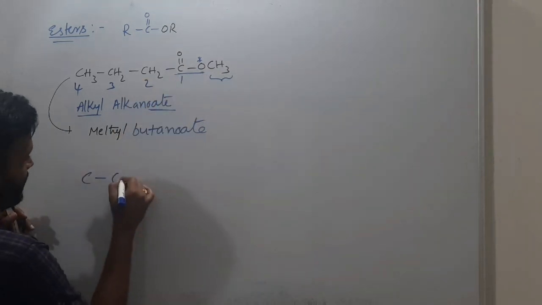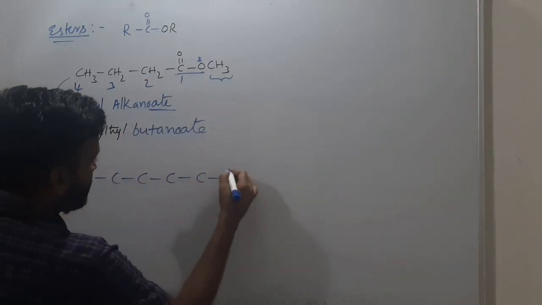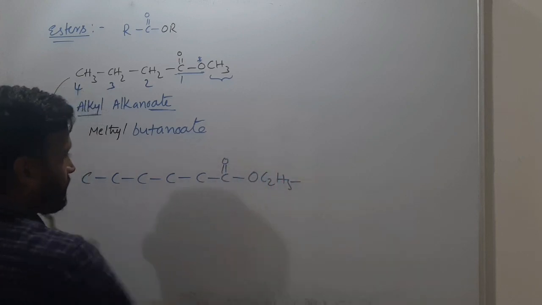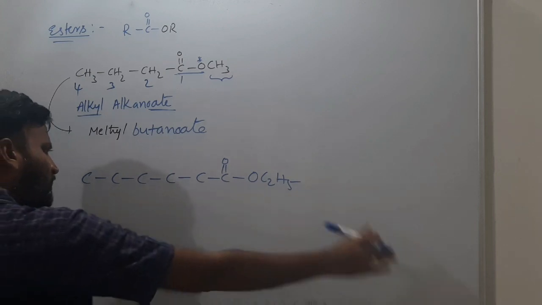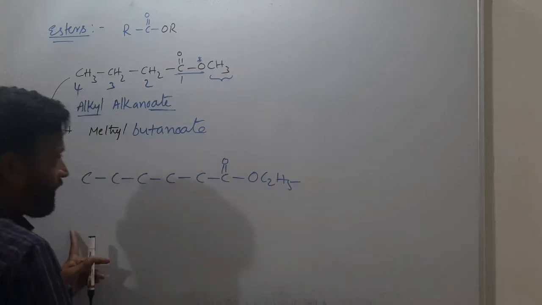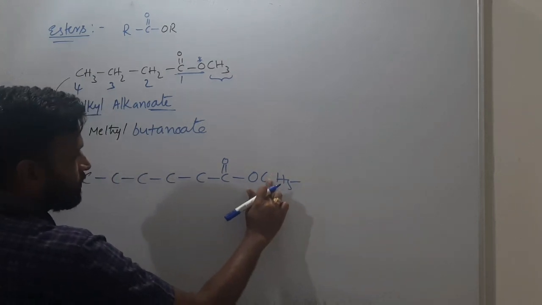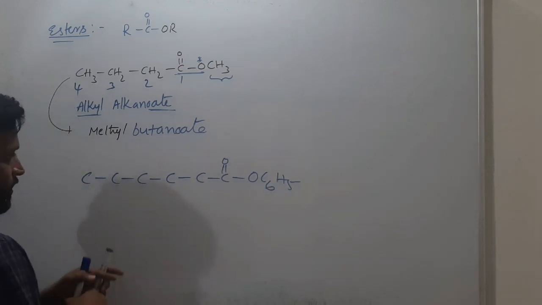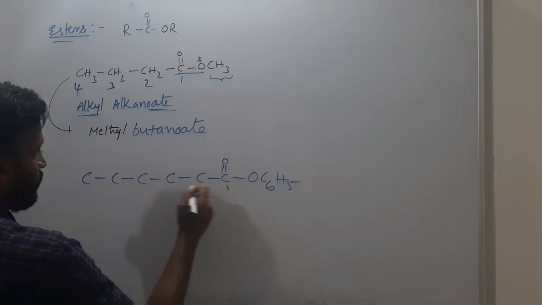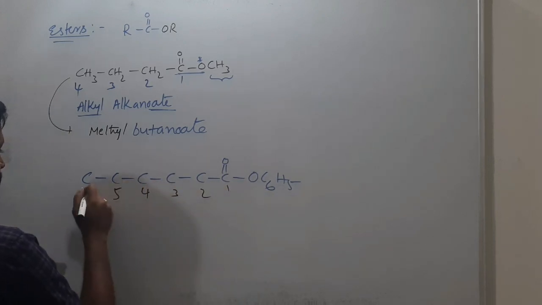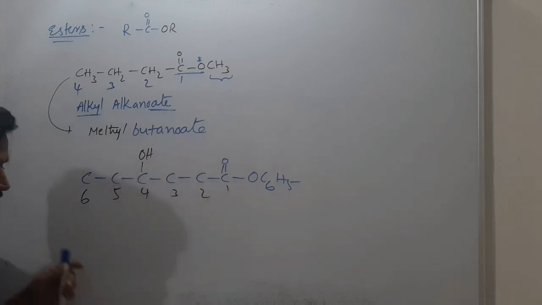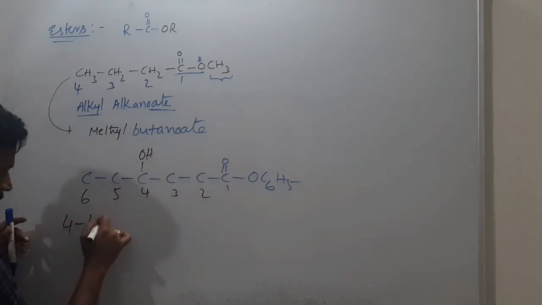Suppose they give more carbons like this and some substituents are there, and C double bond OC2H5 was given here. Whatever the group, if a phenyl group is given, write down C6H5, phenyl. Understood? But numbering is from here: 1, 2, 3, 4, 5 and 6. Even if you have some OH here, hydroxy, that's it.